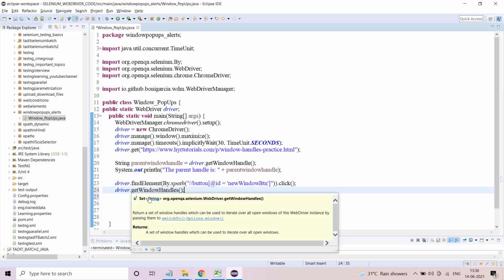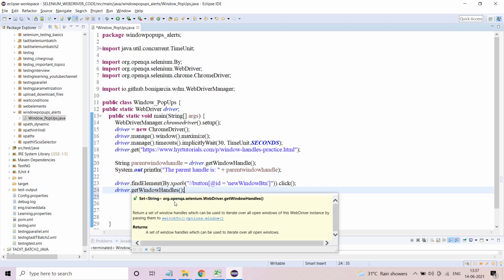No, it does not return list, because the difference between list and set is that set does not allow duplicate values. Set will only allow unique values, but list will allow duplicate values. But here, when we are opening multiple windows, each and every window is obviously unique. There will be no developer who will design windows which will be absolutely the same, right? So technically list is not something you would recommend here.